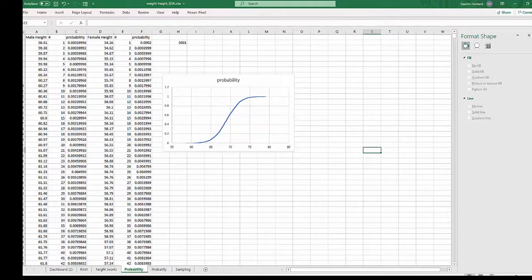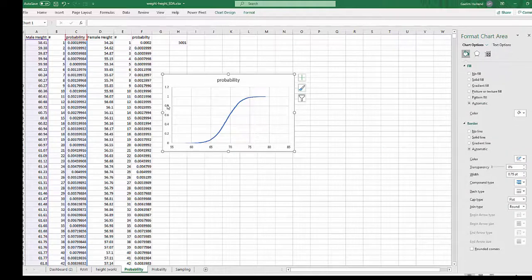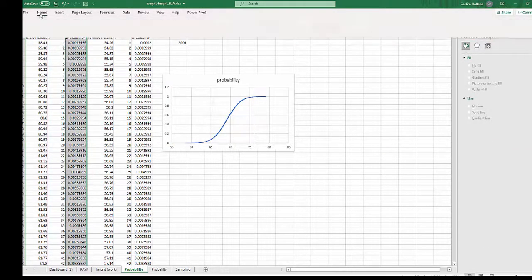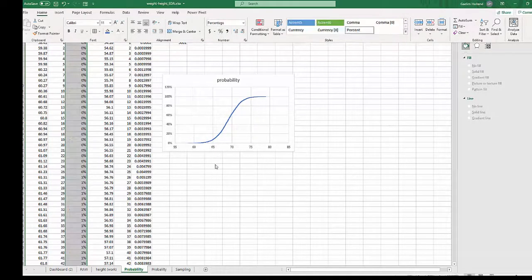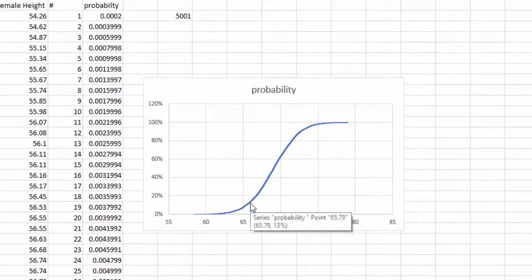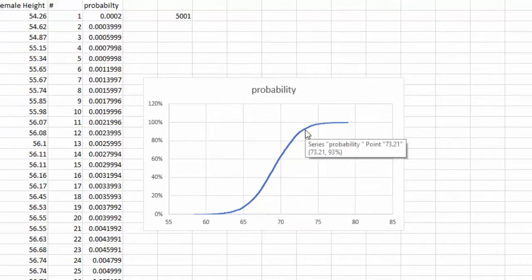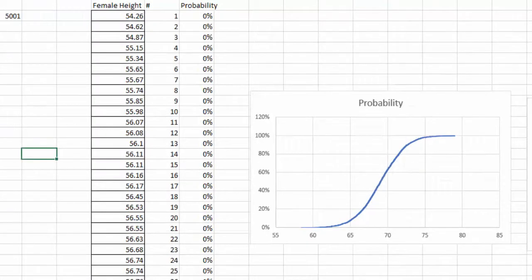And just to save time, I'm going to show you what that looks like. So now we can turn this into a percentage. And we can see that, okay, at this point, 13% of our data is under 66 inches. If I go here, we can see that 93% of our data is under 73 inches. If I go to something I've already made,